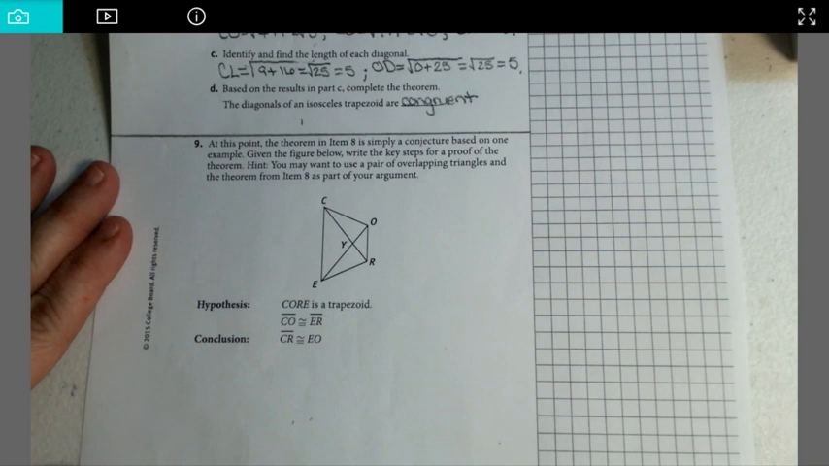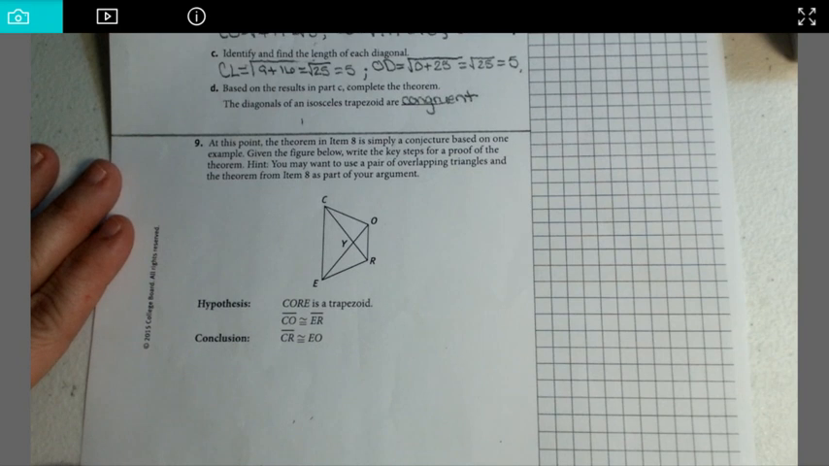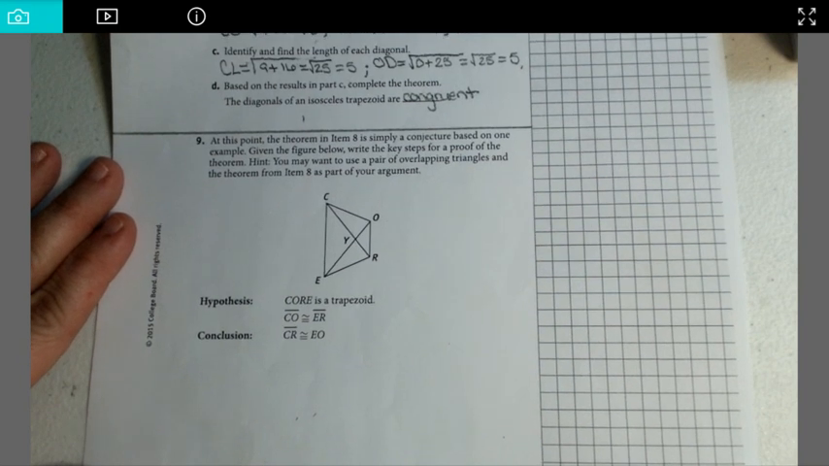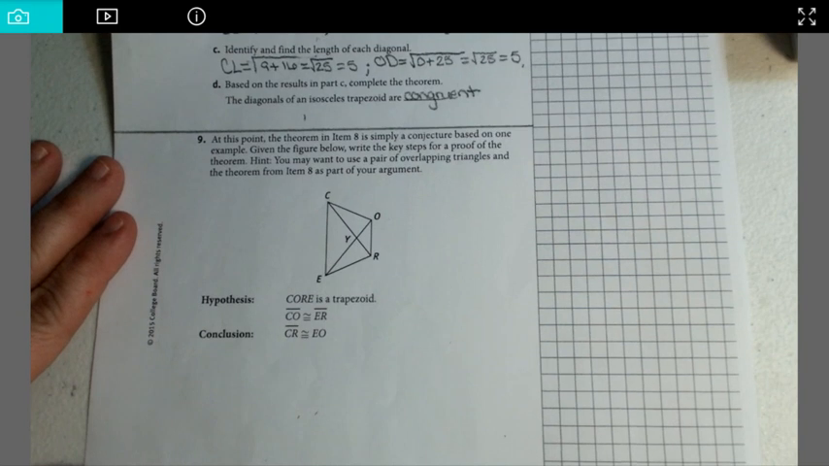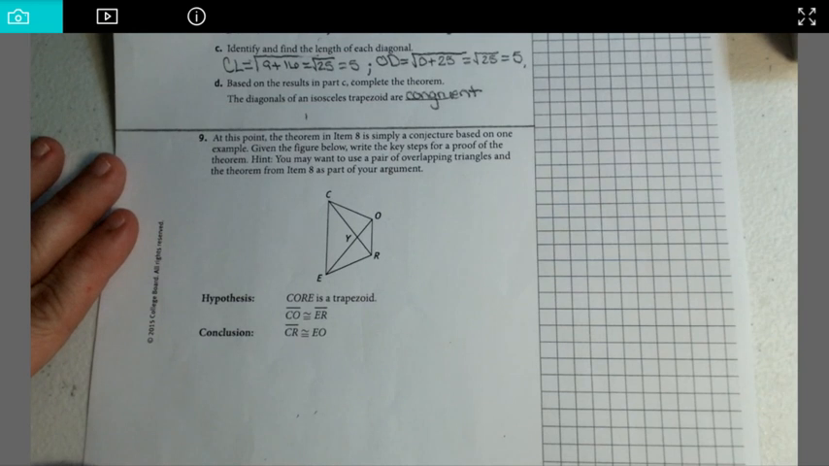We are on to the last section, section 6, which covers question number 9. It says, at this point, the theorem in item 8 is simply a conjecture based on one example. Given the figure below, write the key steps for a proof of the theorem. Hint, you may want to use a pair of overlapping triangles in the theorem from item 8 as part of